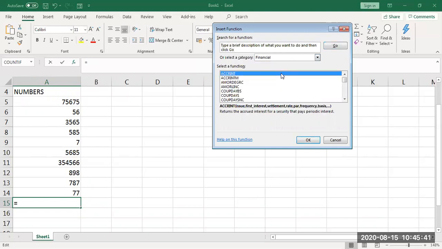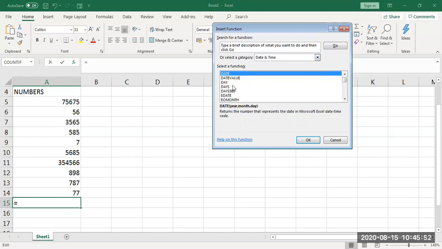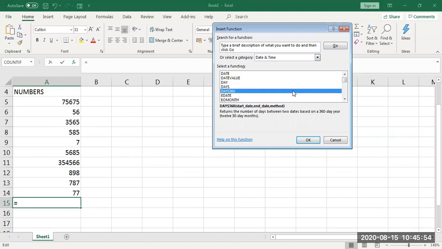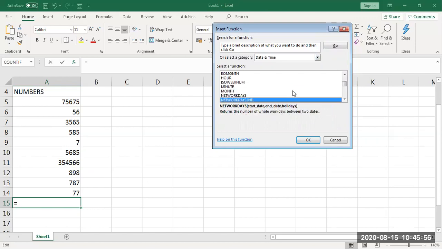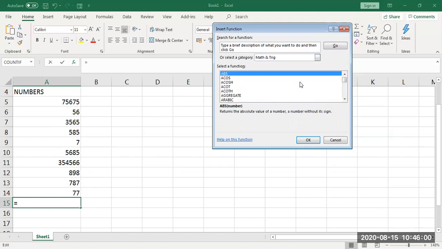When I say financial functions, these are the functions used by an accountant to calculate their payments and other things. And these are date and time functions. With the difference between dates and times, hours and all, I can calculate. Then I will have mathematical and trigonometry functions, cos value and all.